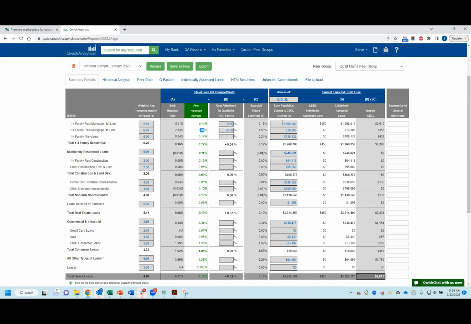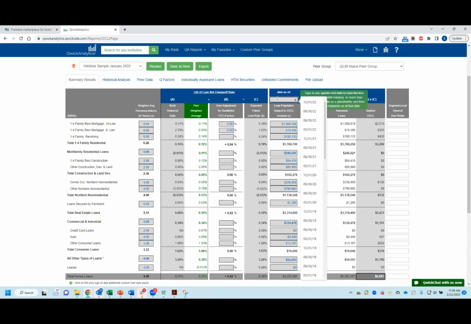So the next step is pulling down current loan data. By default, our tool is going to pull down your most recent balances from the call report. That's all that we have access to publicly. But just because it's going to default to the most recent quarter end does not limit how often you run this tool or when you run it as of. You can come in here and say, I want to run this as of today, February 22nd. You just override these quarter-end balances with your February 22nd balances and then just say, hey, this was actually